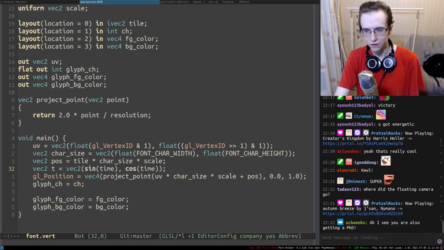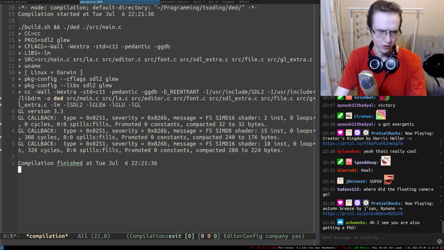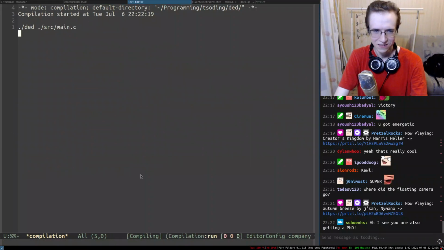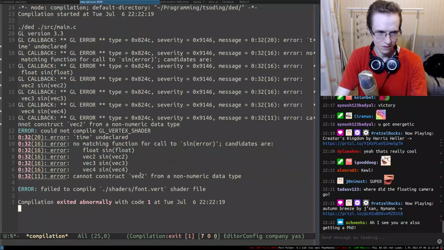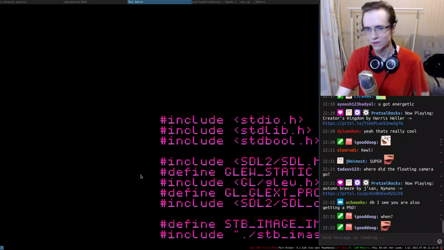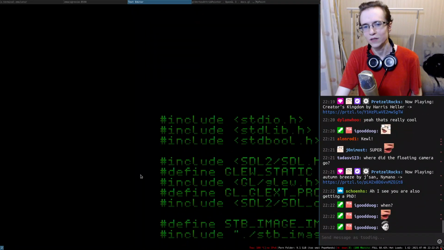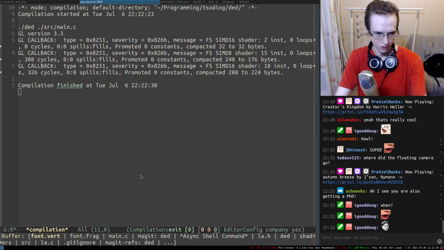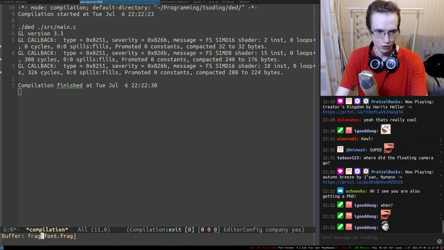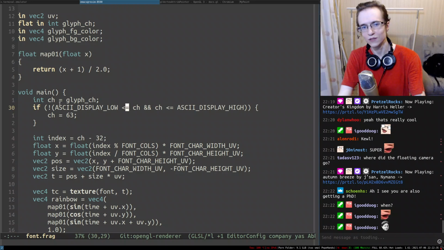So you're also getting a PhD. I'm pretty sure I already got one. Yeah, there we go. So I'm uploading a texture on the GPU, and I'm looking up the glyphs in a fragment shader like this. I'm literally handling ASCII characters, and I'm using ASCII characters to find the position in the texture.